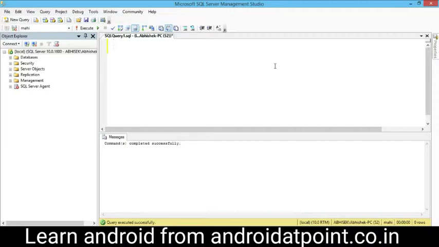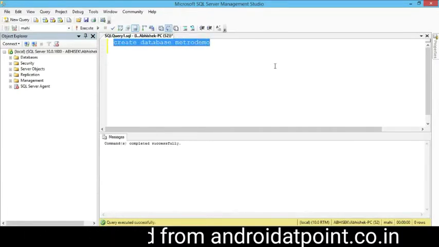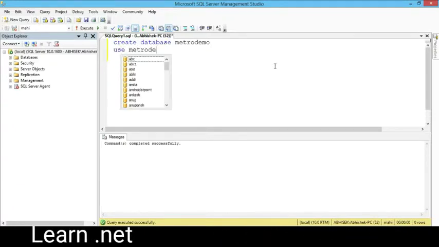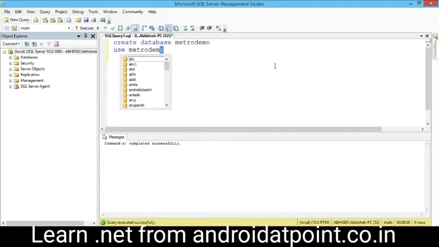Next, I will need to create a database. Create database macro demo and select it. Press F5, execute the query. Use the macro demo database. Press F5. Okay. Next, I will create a table